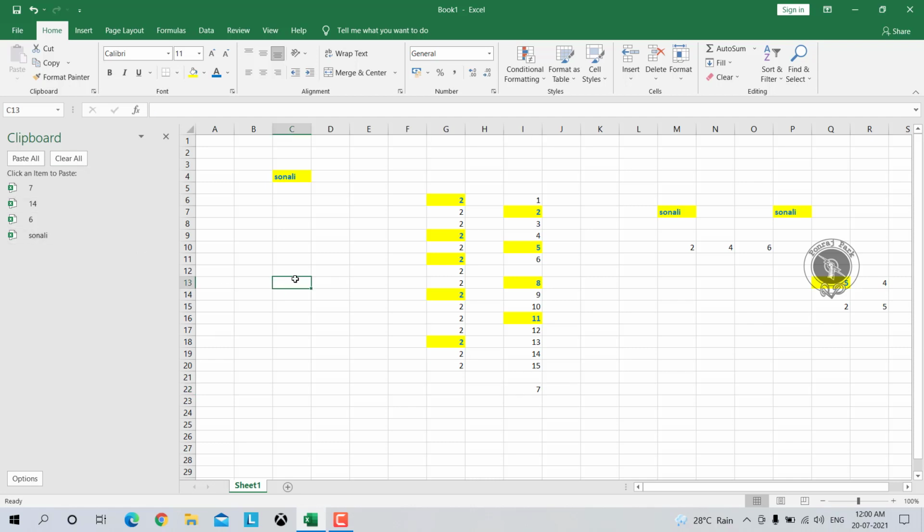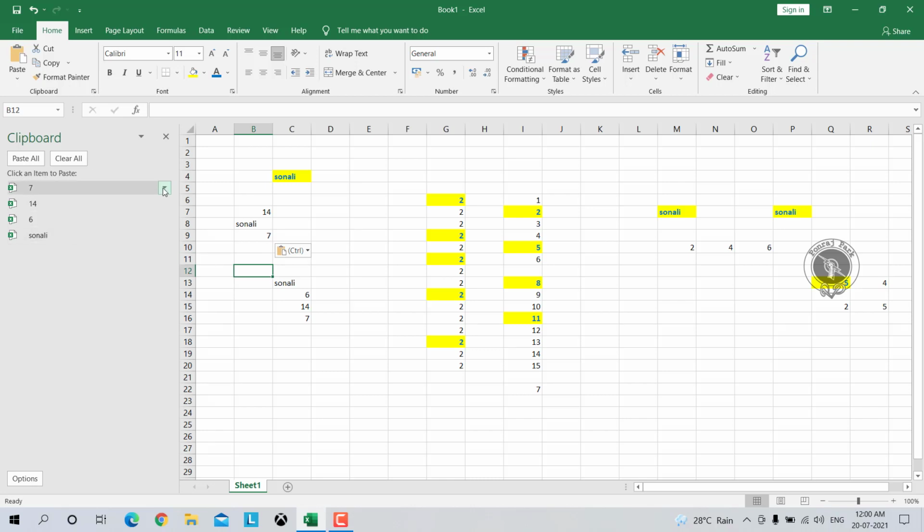So now I want to use all those things. So how can you use that? Here you get two options, paste all or clear all. So paste all means I want to paste all this list which is present over here. Okay, so you can see here it pasted all the list. Or suppose you are especially making some list, and now you want to use some of these, you can simply click in that cell like 14, then I want some name, then in the next cell I want another one. So like this you can use this.